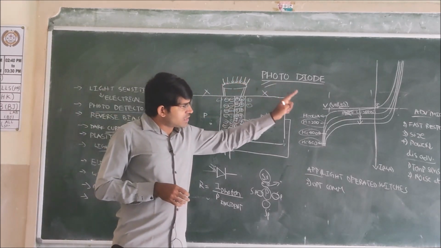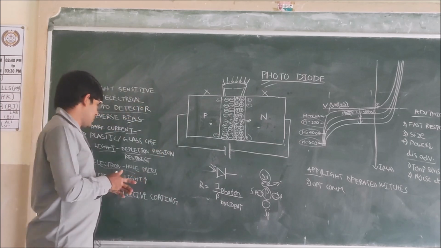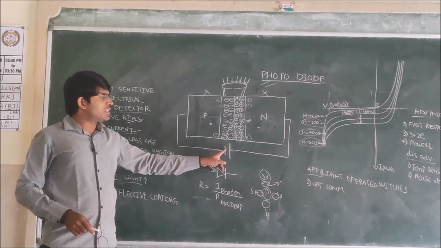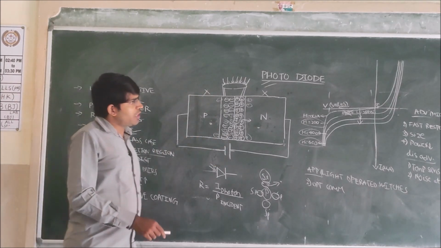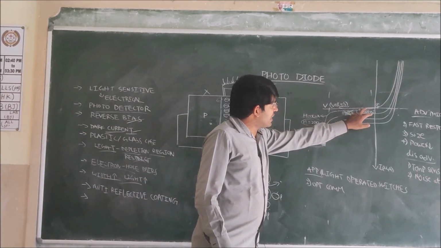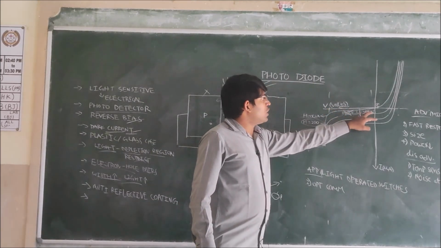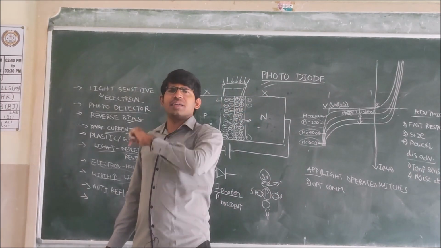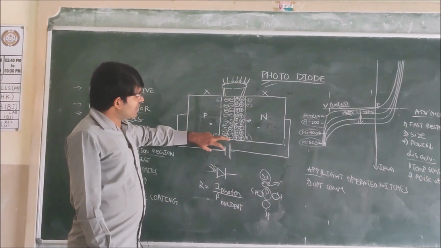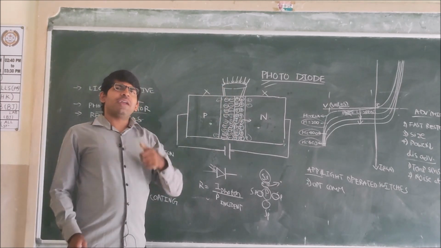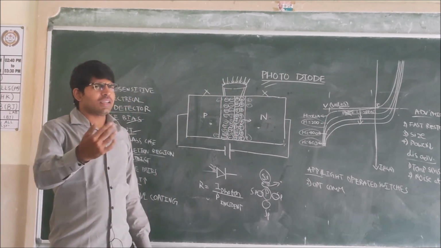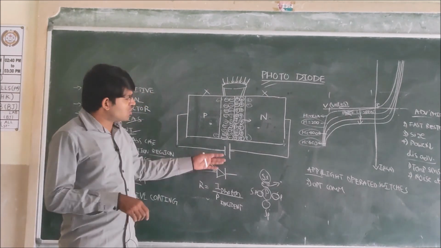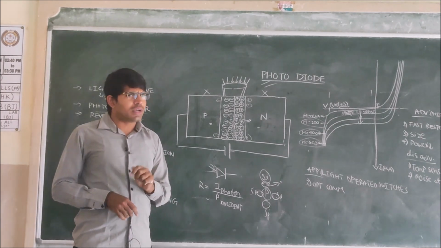And there is a chance for more photocurrent. So we are trying to increase the width of the depletion region by changing the voltage. You see here, when we are increasing the voltage, the current is increasing, but only slightly. Why is the current increasing with the applied voltage? The reverse bias current should not depend on the applied voltage. Here also it is not depending on the applied voltage.